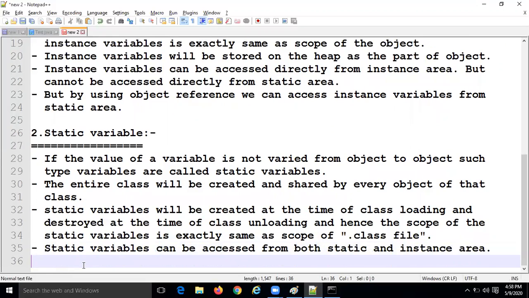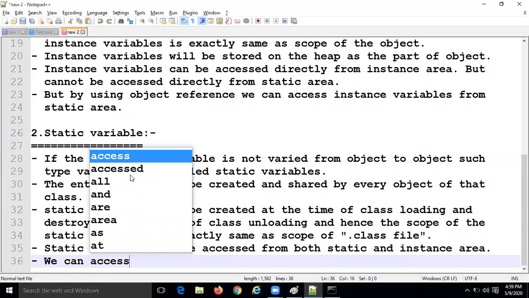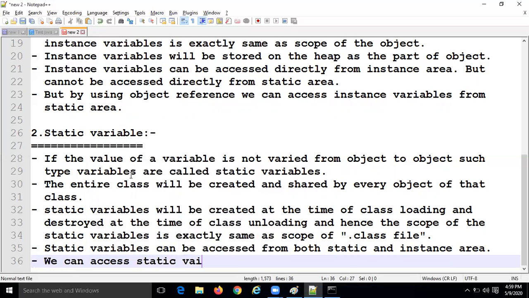The next one: the instance variable can be accessed directly from the instance area, but cannot be accessed directly from the static area. The static variable can be accessed from both the static and instance area. By using an object reference, we can access the instance variables from the static area.